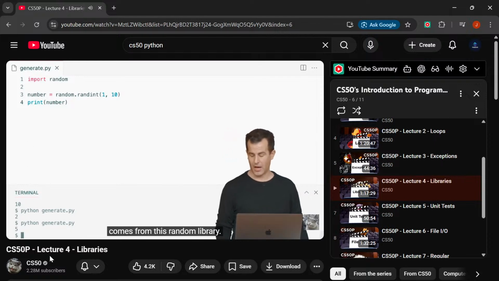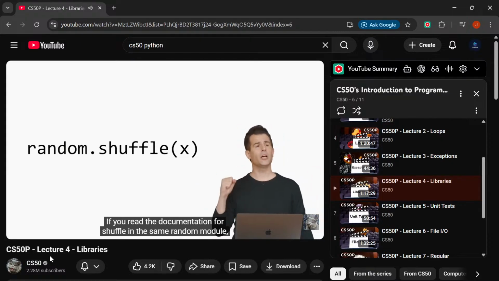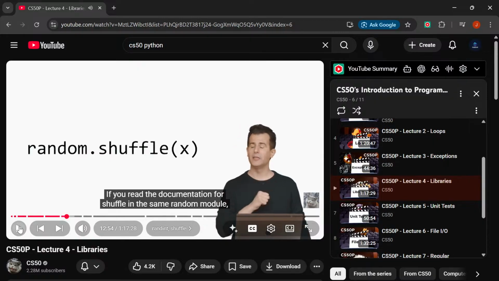Another function that comes from this random library, that you yourself don't have to implement, is shuffle. If you read the documentation for shuffle in the same random